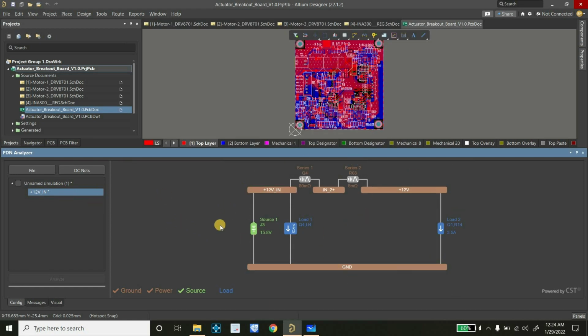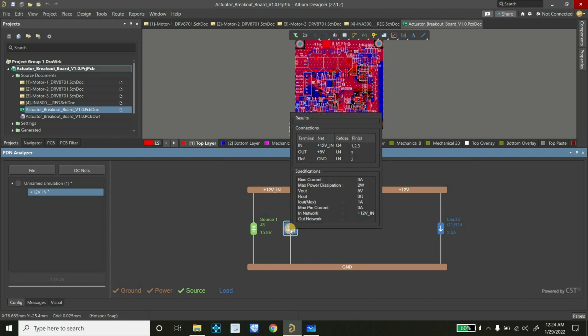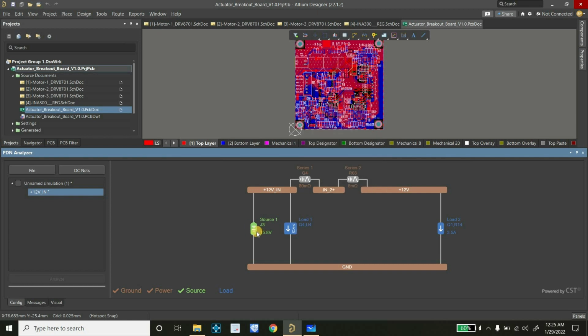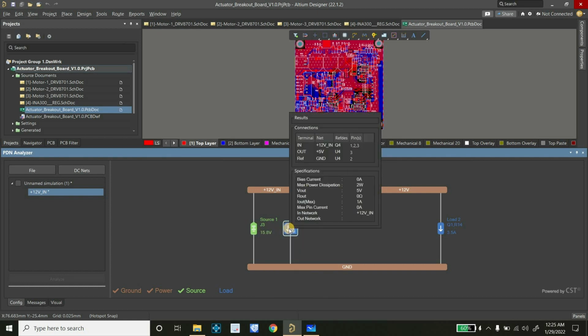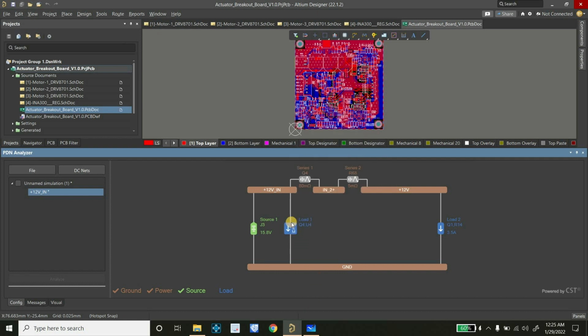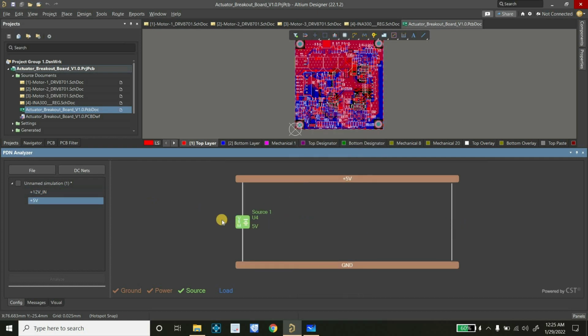This is our block diagram. Now further on this regulator, we have to connect some load. So to extend the regulator, because here voltage regulator is acting as a load for this source. Now further on this voltage regulator, we have to connect few things. So for that, right click here and add VRM to new network. So now our voltage regulator will be a source, and we have to add loads here. Add load,